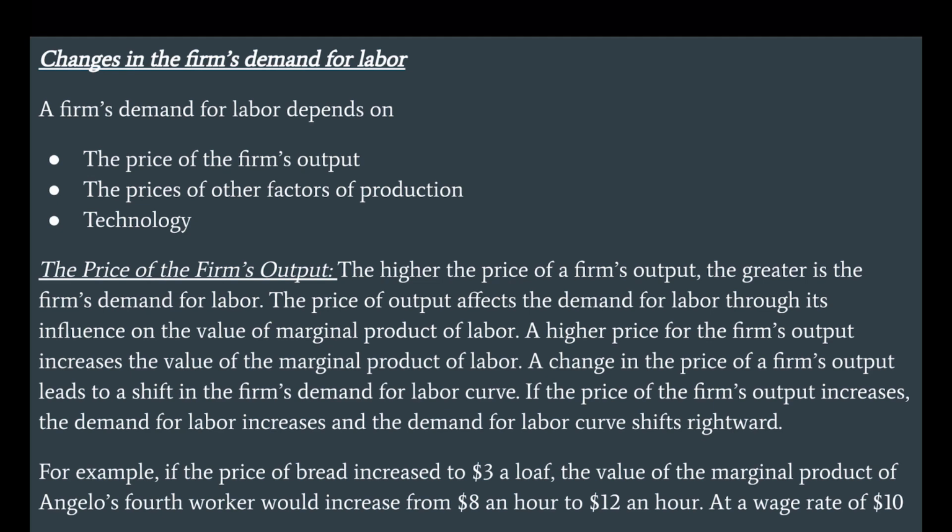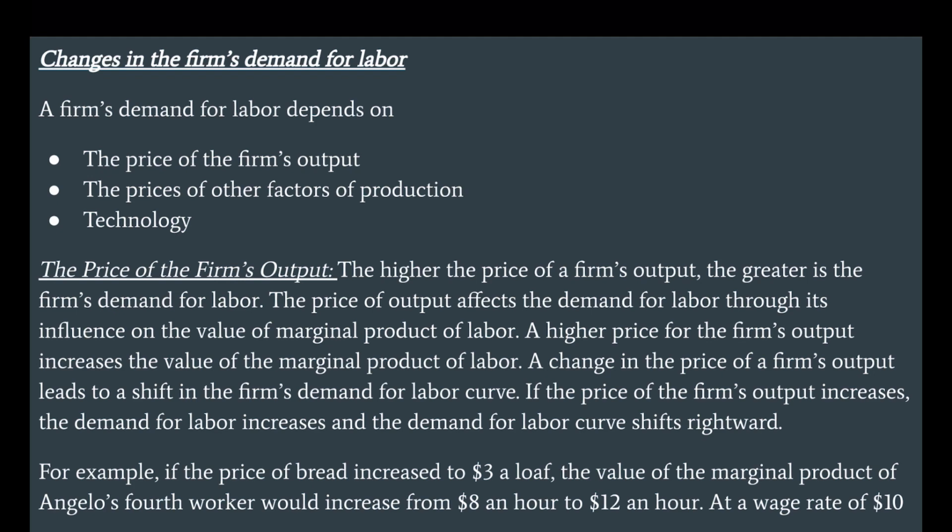The price of output affects the demand for labor through its influence on the value of marginal product of labor. A higher price for the firm's output increases the value of the marginal product of labor. A change in the price of the firm's output leads to a shift in the firm's demand for labor curve. If the price of the firm's output increases, the demand for labor increases and the demand for labor curve shifts